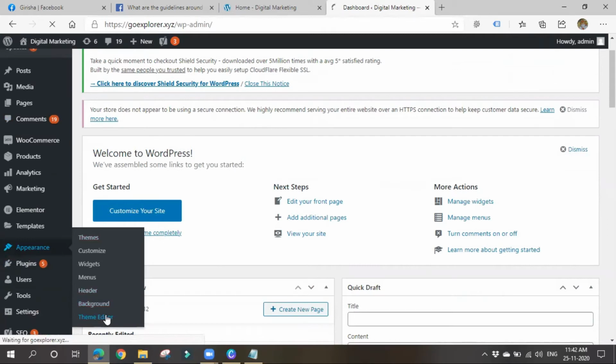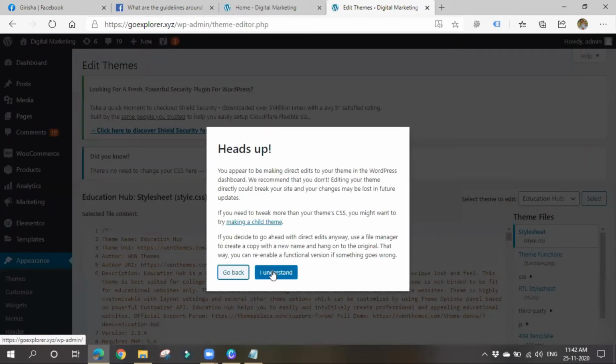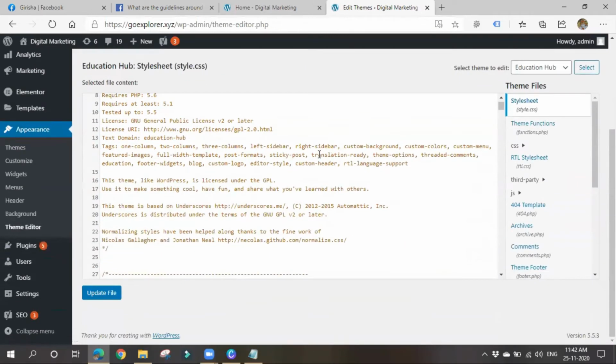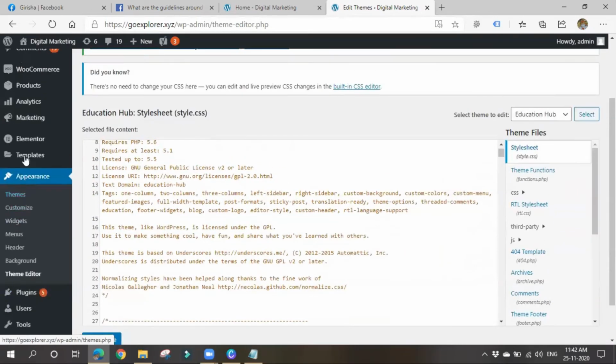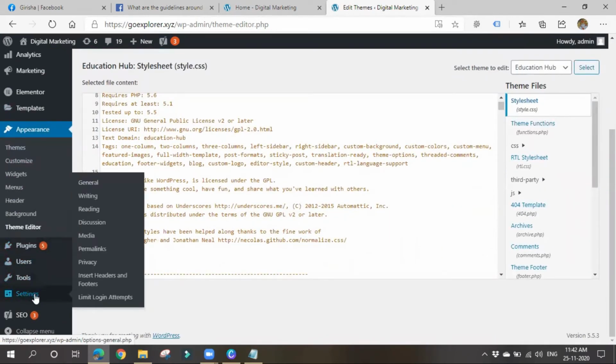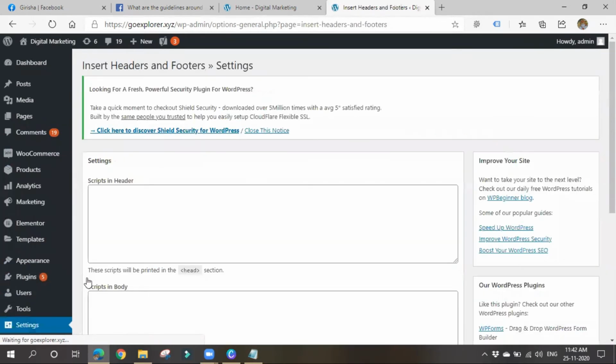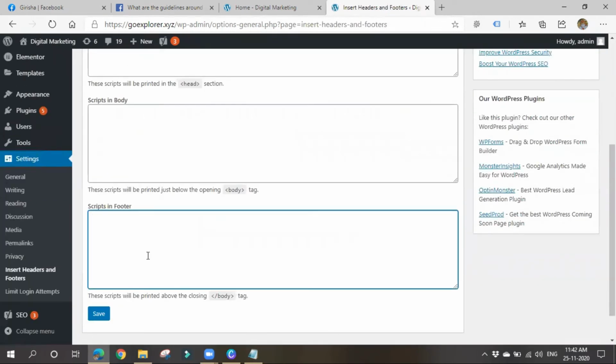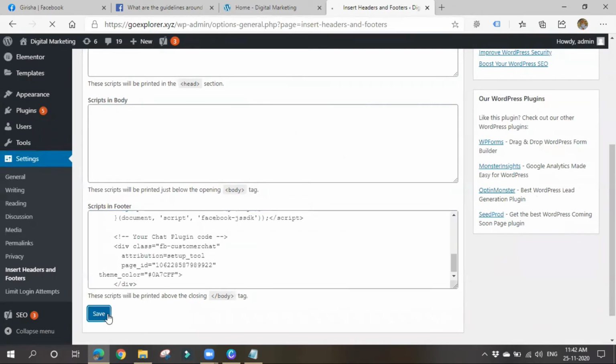Okay, you can paste it in the code itself if you are good and familiar with the coding. Otherwise, simply go for the headers and footers plugin. Okay, so under settings you can see that insert headers and footers plugin. Go there and place these things in the footer. Okay, click on save.